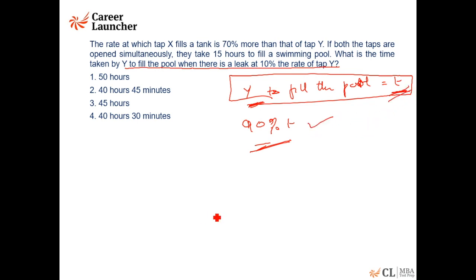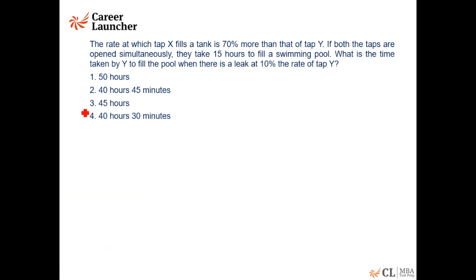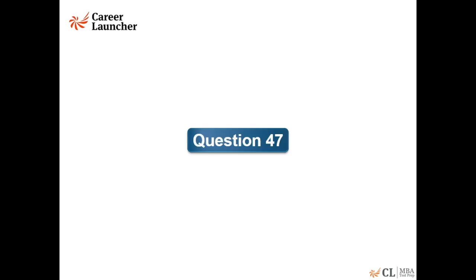Please look at the choices again. Do you see a pair of 100% and 90%? These two. Most probably this will be the answer. You may want to verify, that's a separate issue. But if you're conscious of the choices, if you're conscious of the way questions are created, choices are created, you will invariably be able to pick out the right answer a little faster. Okay. So correct answer, choice 3.